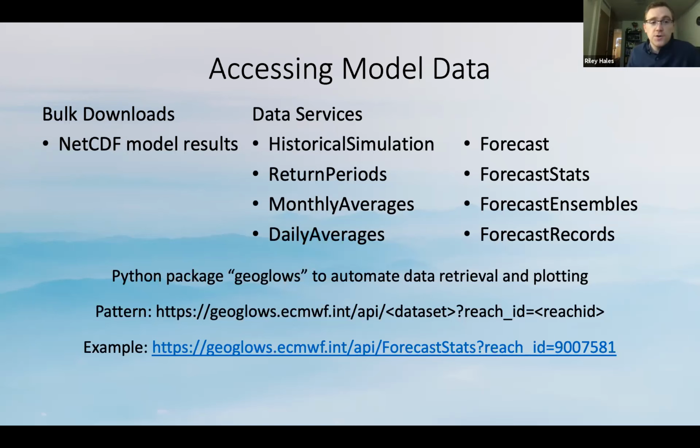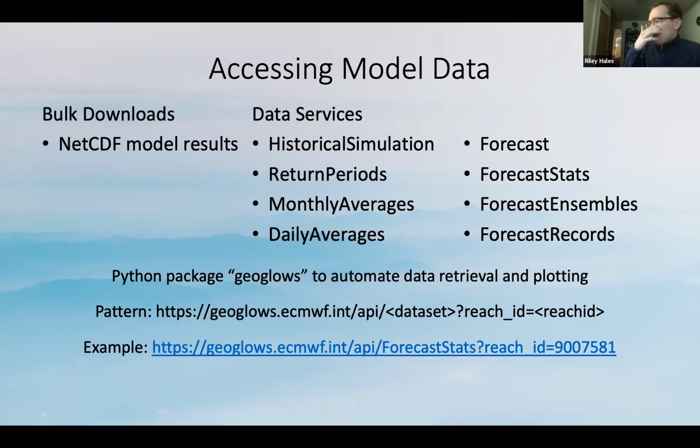So we developed a data service, and on the top right of the slide, I've got a list of some of the products that you can get from our data service. From the historical and forecast data, we derive a lot of derivative products, which are statistical summaries or computing return periods, different kinds of averages to make the data more useful so that the user can get precisely what they need and get on to making the decisions that impact lives and property wherever they are.